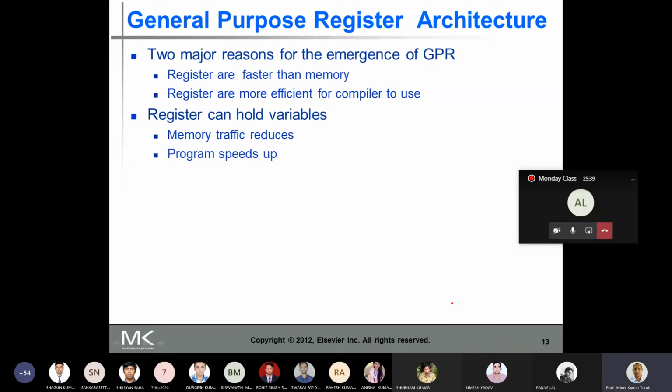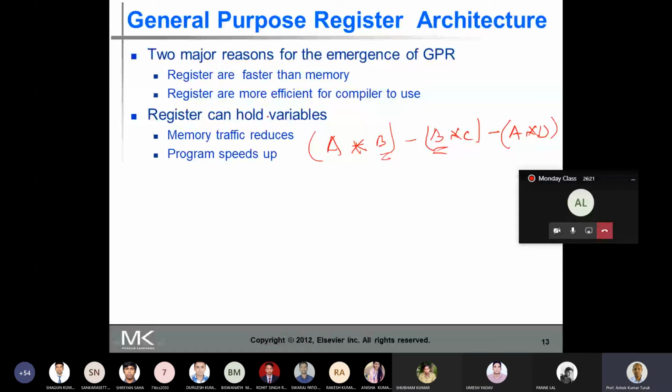Let's take an example expression: A into B minus B into C minus A into D. If the compilers can efficiently use the registers, now let's look at the B appearing here and here.